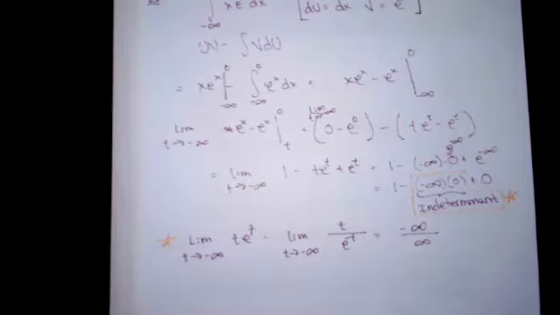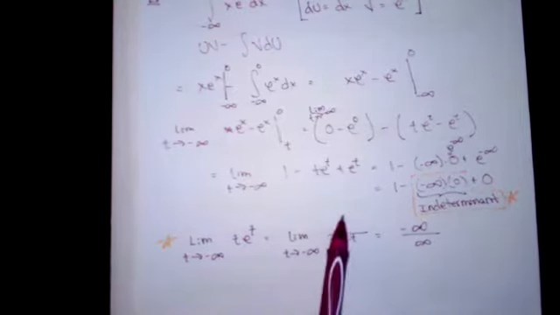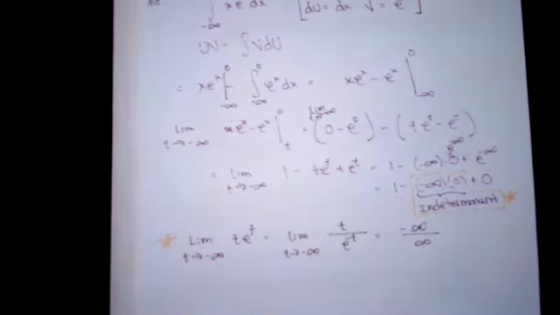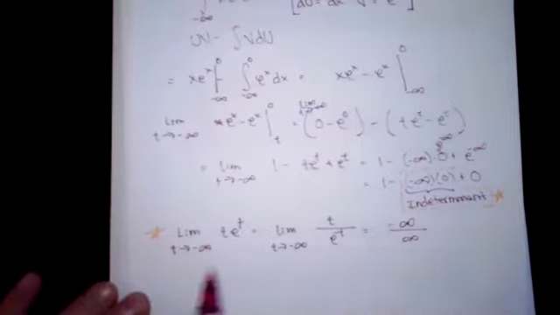Thinking ahead and now knowing that I have to use L'Hopital's rule, taking the derivative of the top and the derivative of the bottom is a little bit more of a pain with that 1 over t. So I like taking derivatives of polynomials, especially just t, because it'll go away. It'll make the next step